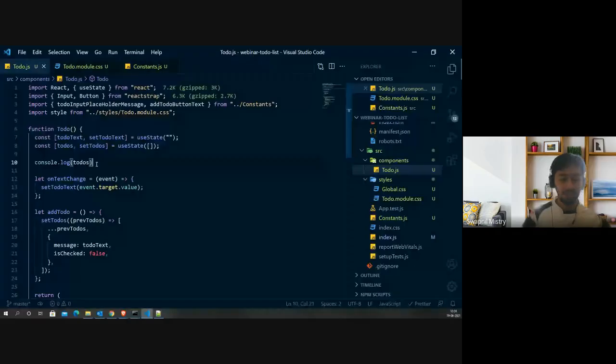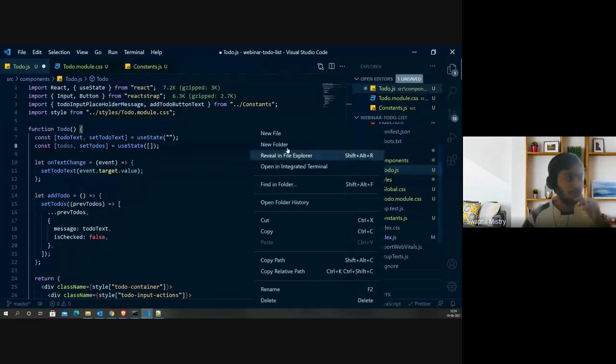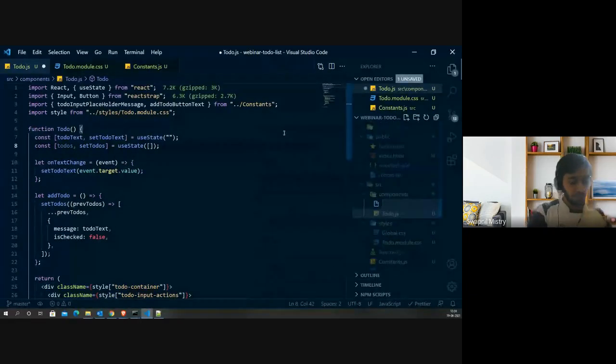To-do list. Okay, so now we are getting what's expected. And the remaining part will be to list down the to-dos, right? So how can we do that? We are already having array of items over here, which is required. So to list the items, we will create one more component. Okay, we will create a new component called as